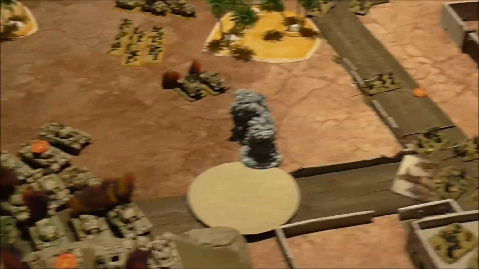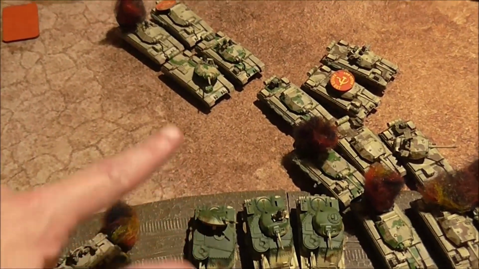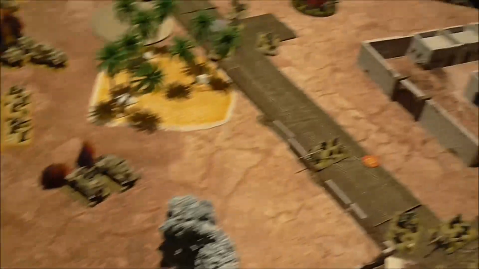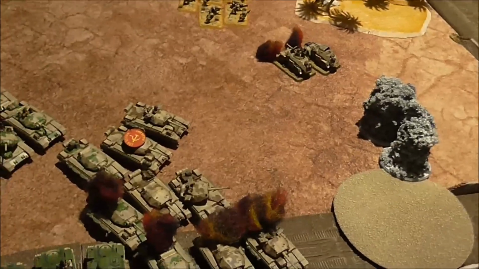So as far as shooting goes, the Marders moved up. 2 fired at the Grants, 2 at the HQ. 1 Grant was hammered, smashed to bits. 1 destroyed, 1 bailed. That then got double bailed by the anti-tank gun that could fire up that way, but stayed around. The rest of the firing,